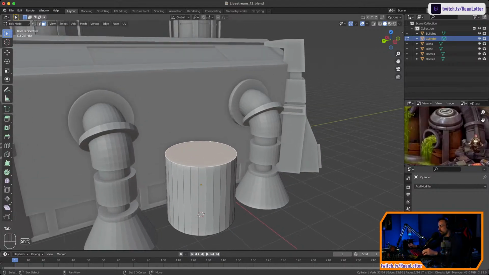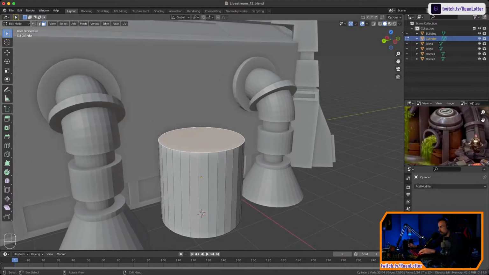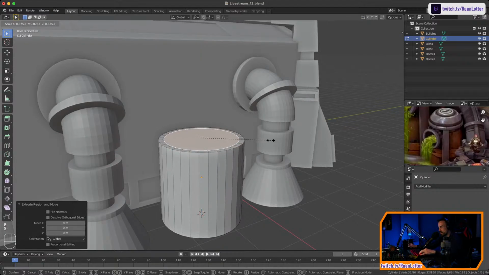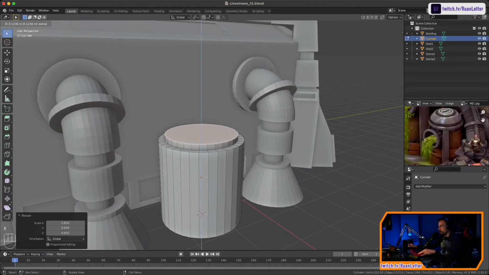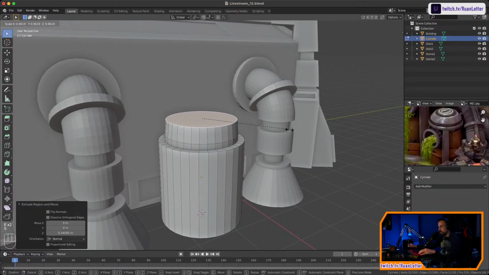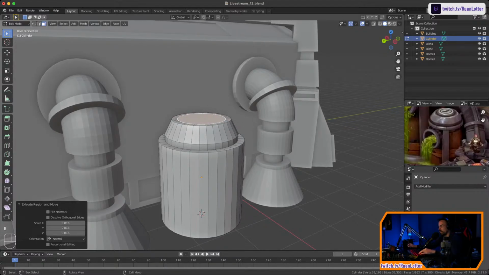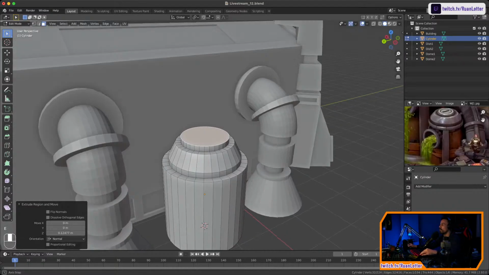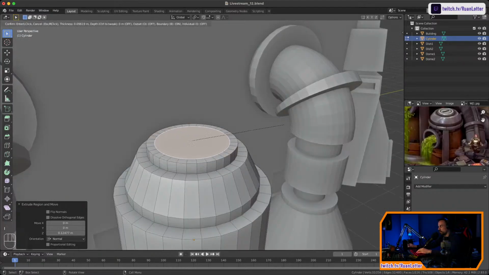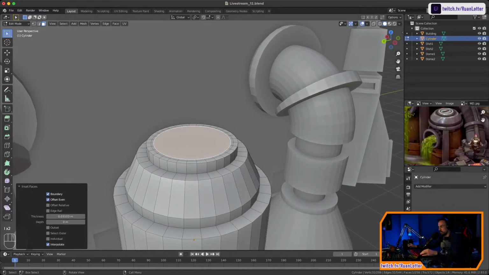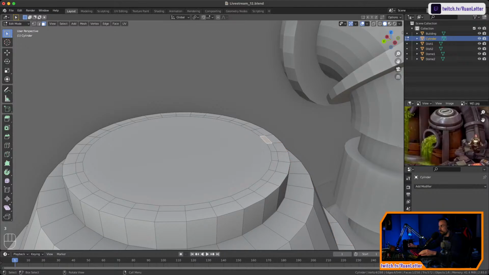Okay, so we can extrude this one and then just scale it inwards. And then bring this up. And then extrude it again, scale it down. Then extrude again and then scale down. Then bring this up. Just like so. Let's do a little inset here. Another little inset. And we select this circle, and we inset that inwards. Then this one,